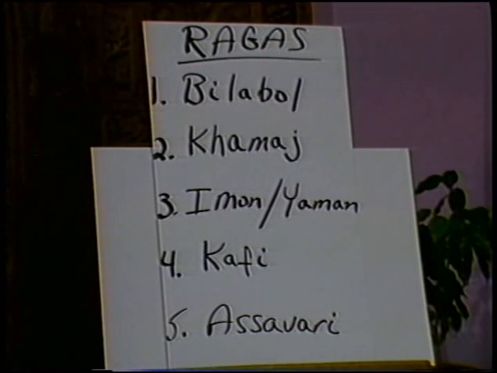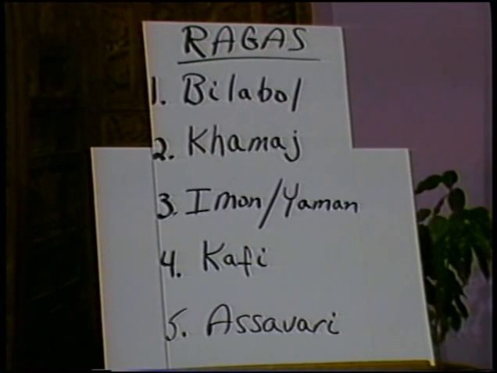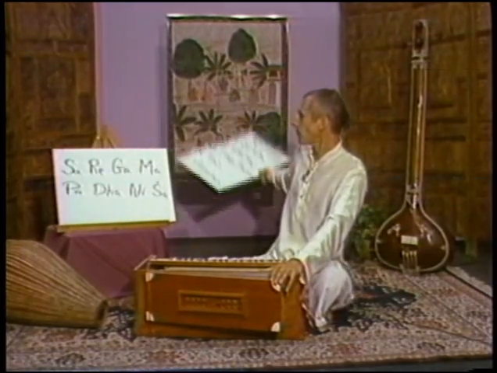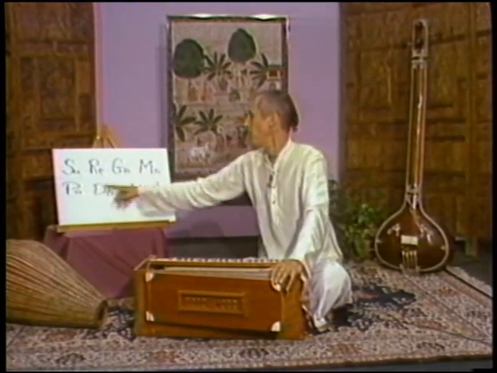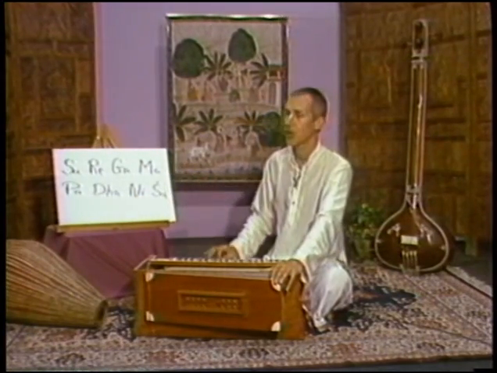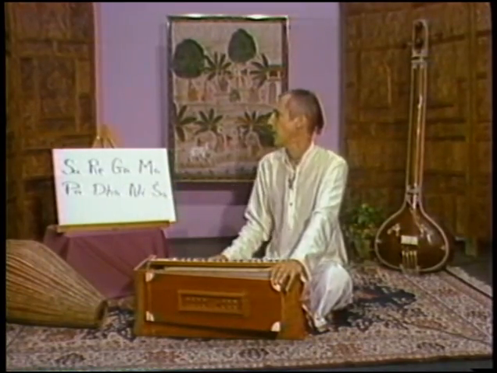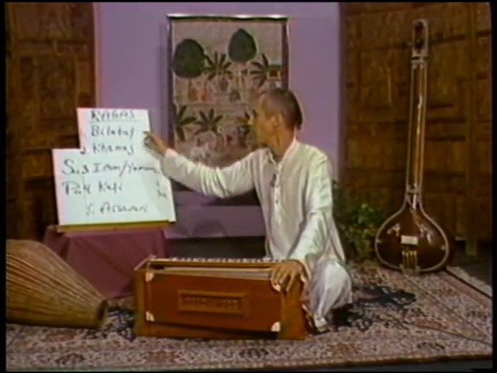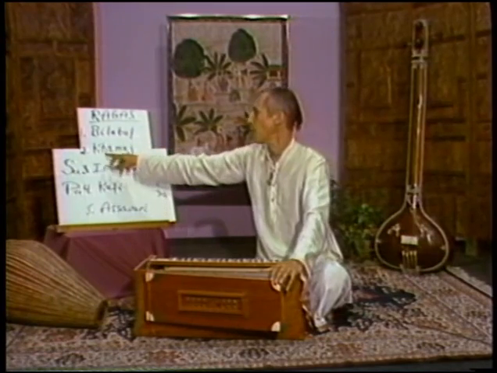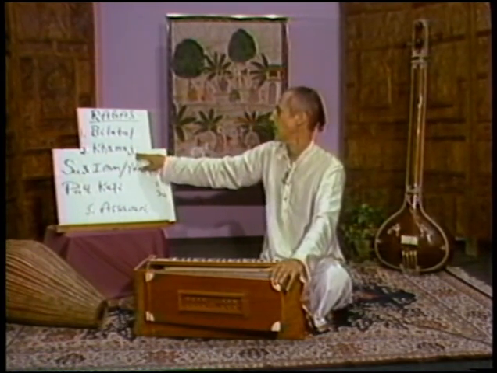Here we have some ragas listed. The first raga, number 1, Bilabal. This is the equivalent to the major scale in Western music, and that's the raga that we've been doing all our alankars with in the previous 3 lessons. So we have the notes sa, re, ga, ma, pa, da, ni, sa, the pure or shuddha notes. So going up, the arohan, and coming down, avarohan, they comprise the raga known as Bilabal. But today we're going to introduce another raga, Khamaj, which is quite different.